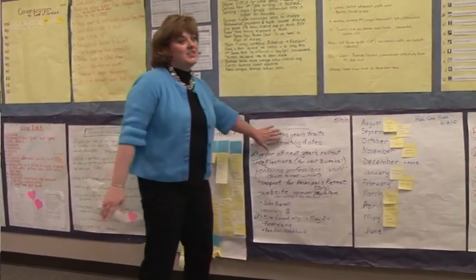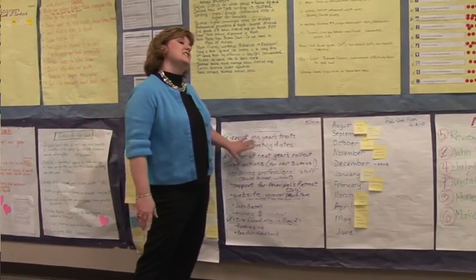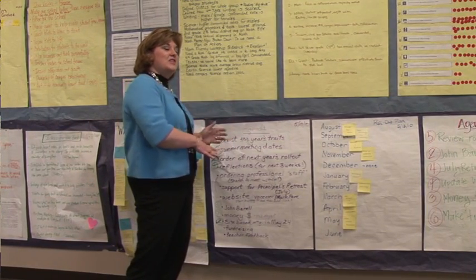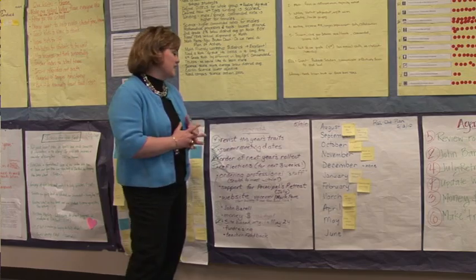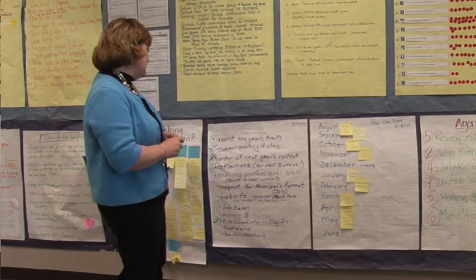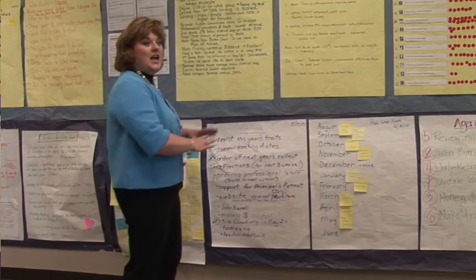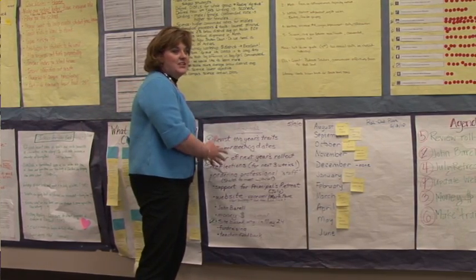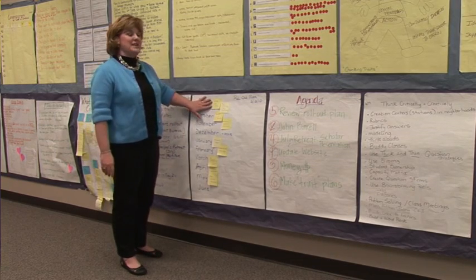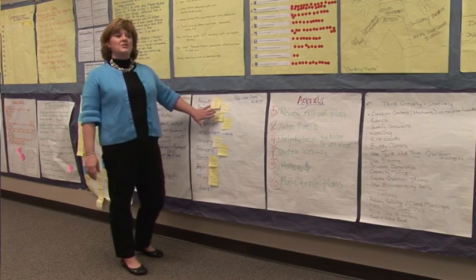As we meet, we always have an agenda. We try to make our agenda at the meeting before that meeting. So we set our agenda, then when we come in, we can just quickly get moving. So this was our agenda in May, and so we were kind of looking at how we're wrapping up what we'd kicked off. Then we made our rollout plan for the next year, and we had been told to go